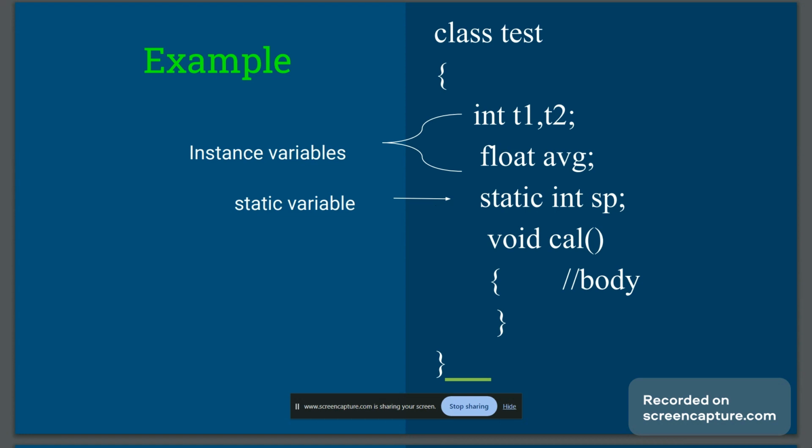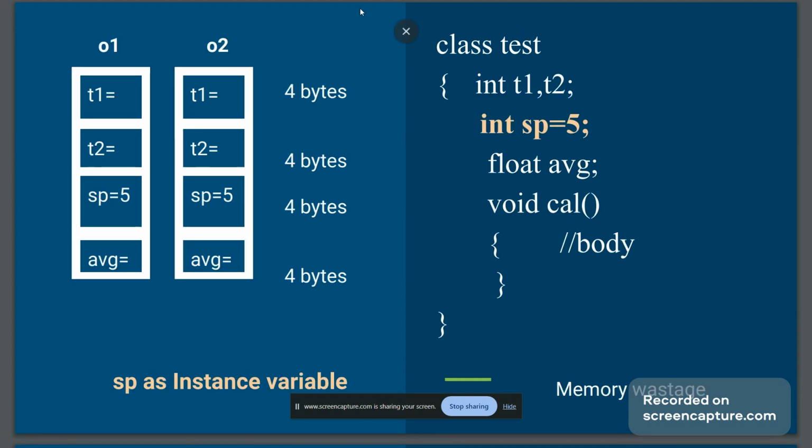Now, when and why to declare any variable as static? Consider that for the student, we have to consider the test 1 and test 2 marks, and we have to calculate the average considering test 1, test 2 and sports marks. Now suppose every student is getting sports marks as 5. So every student will get 5 marks as sports marks in addition to their test marks, and the average will be calculated. Now suppose I have declared this sports marks variable like a normal or instance variable,